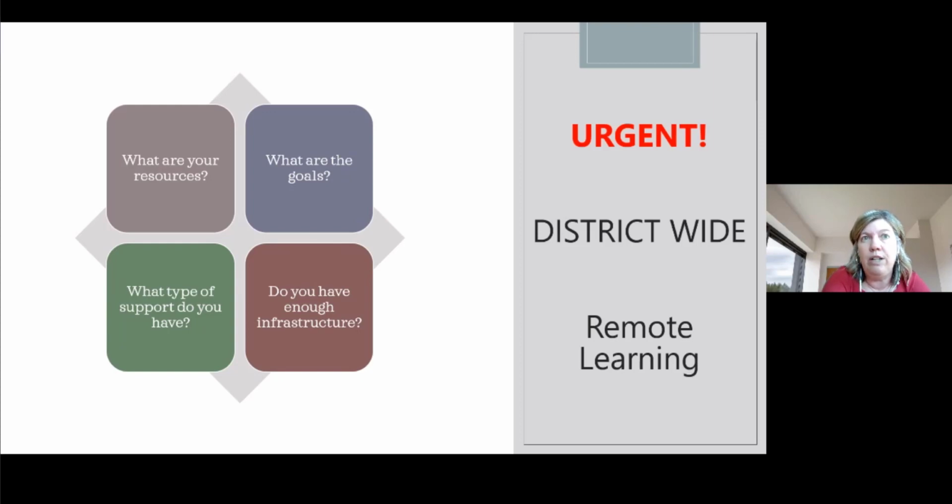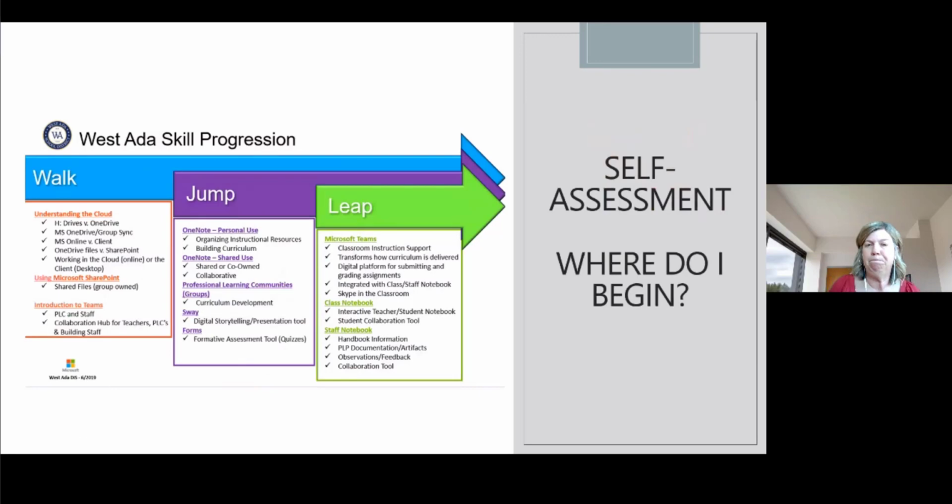We immediately reached out to our principals to see if they needed any support, because we knew that they were going to be creating or using their Microsoft Teams school-wide, and maybe even using them with some staff members that have never used Microsoft Teams before. We assured them that there would be some professional development opportunities online and that we'd be providing that training for them. We also told them that we'd be able to record this for easy access so that it could be accessed at any time. And Jen's going to speak just a little bit more about how this progression would continue and how the plans developed.